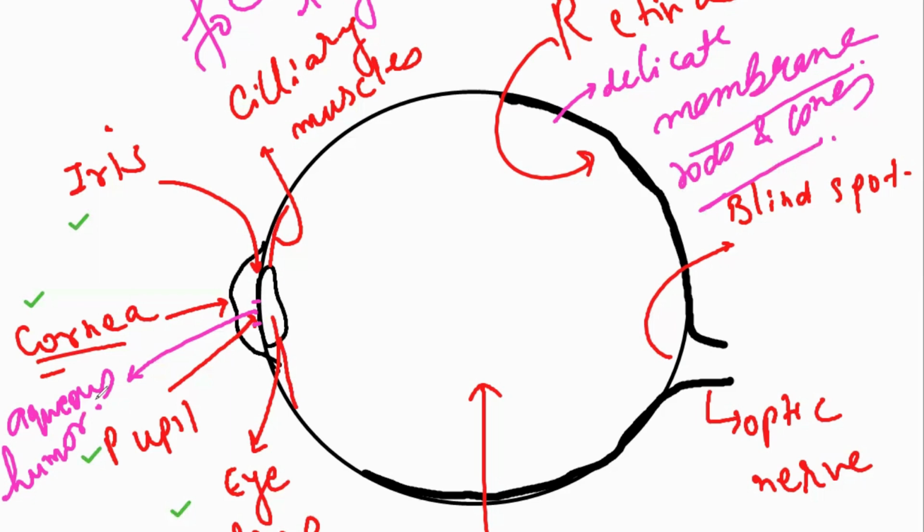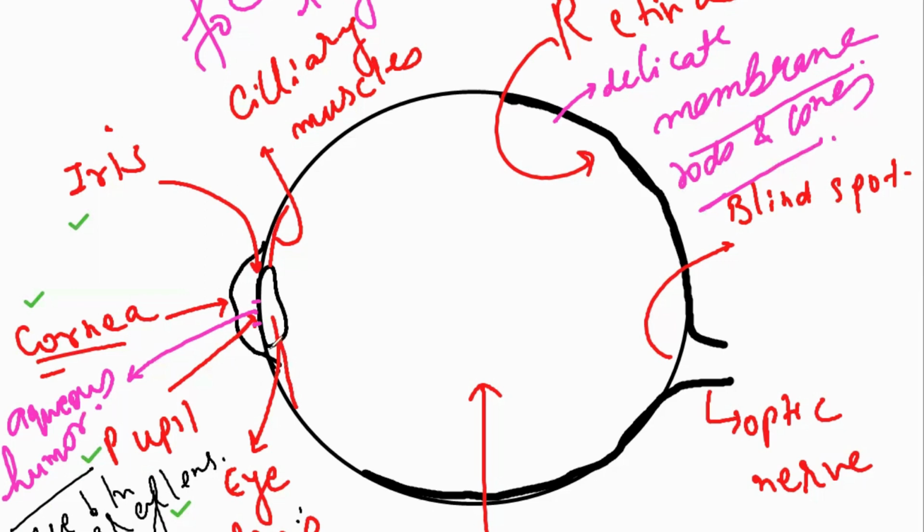Now, the space between eyelids and retina. Right now we have talked about what aqueous humor is. Aqueous humor is the space between cornea and eyelids, right? And the space between eyelids and retina,